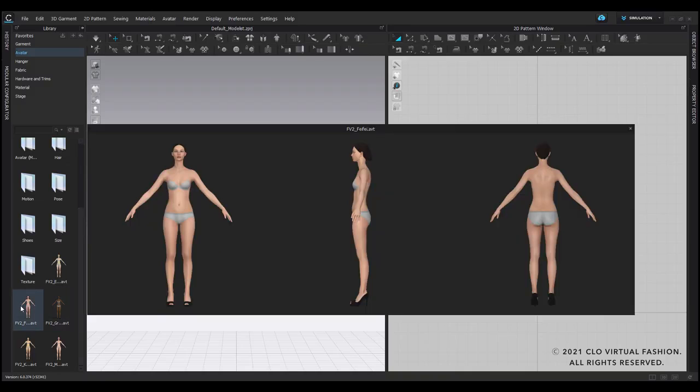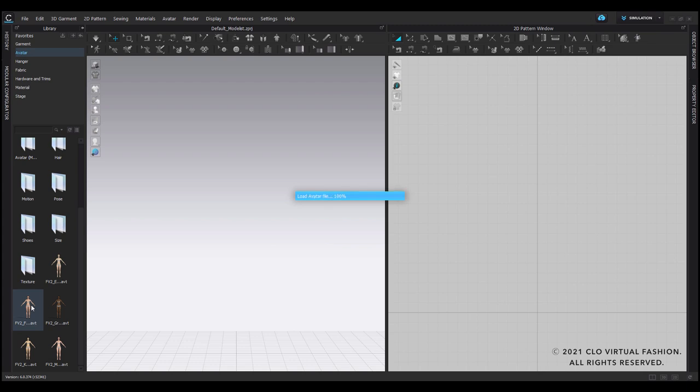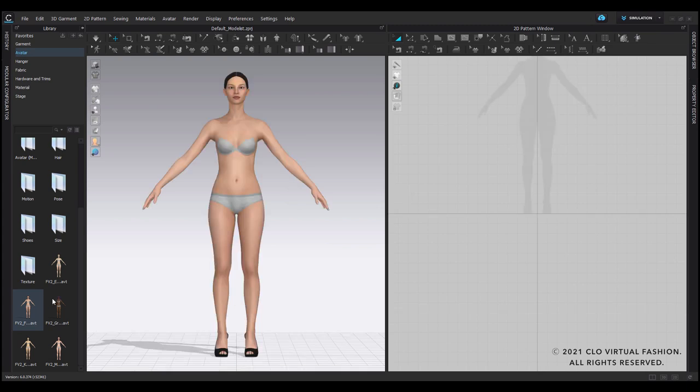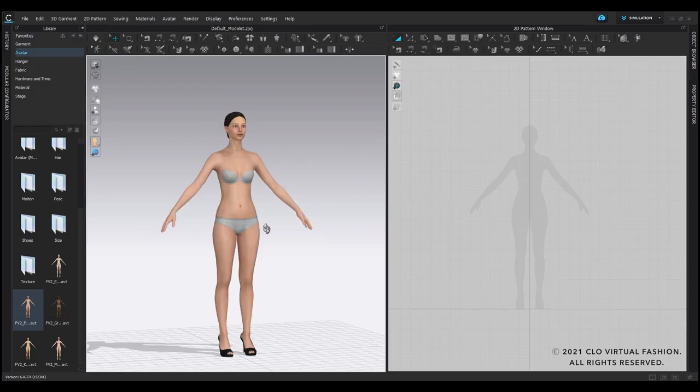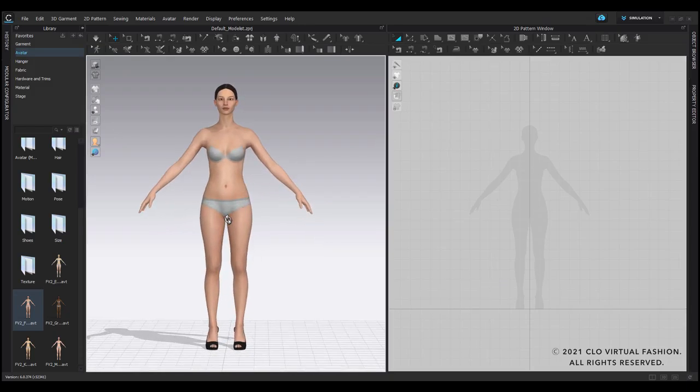So to get started, I'm going to import in an avatar. I will be working with Fifi over here. Simple double click and that will import in my avatar into my 3D space. You can see the shadow in the 2D window, and from here on we're going to go ahead and explore